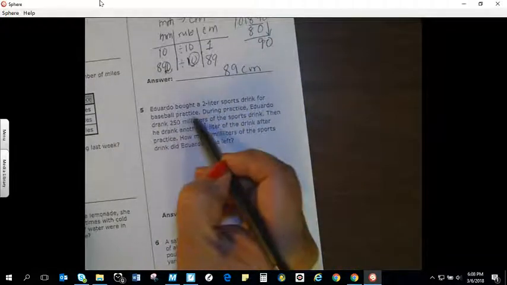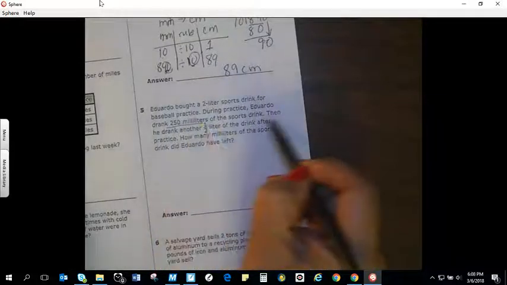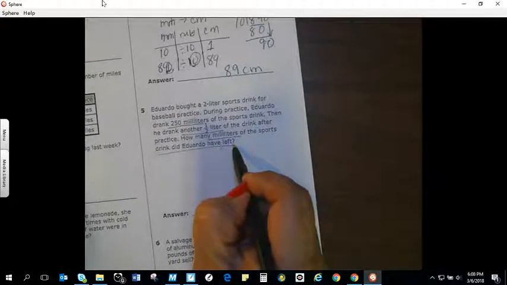Eduardo bought a 2-liter sports drink for baseball practice. During practice, Eduardo drank 250 milliliters of the sports drink. Then he drank another 1/2 liter of the drink after practice. So how many milliliters of the sports drink did he have left? Okay, so now he started off with a 2-liter,